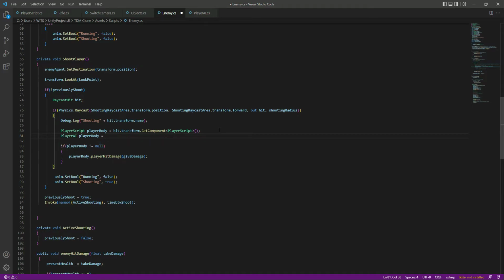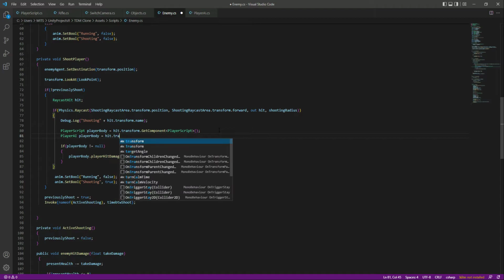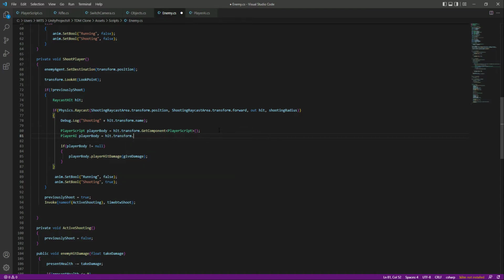This will be equal to hit dot transform dot get component, and the component will be the player AI script. Okay,